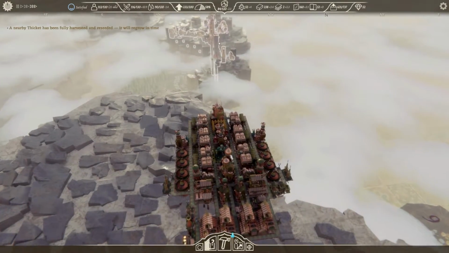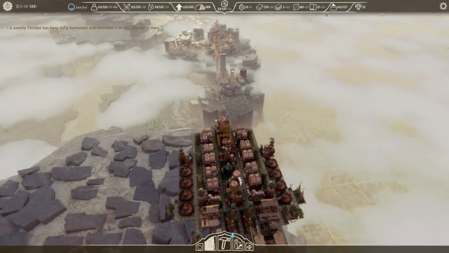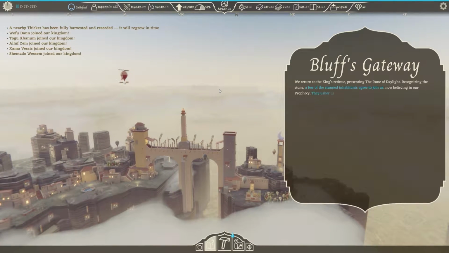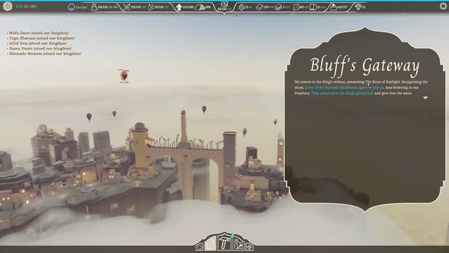I certainly think there's lots more efficiencies that can be made, especially with some of the buildings now that increase things around them, but quite honestly, because we've been good with our storage and usage, we don't really need to produce more stuff. Anyway, return to the King's Retinue, presenting